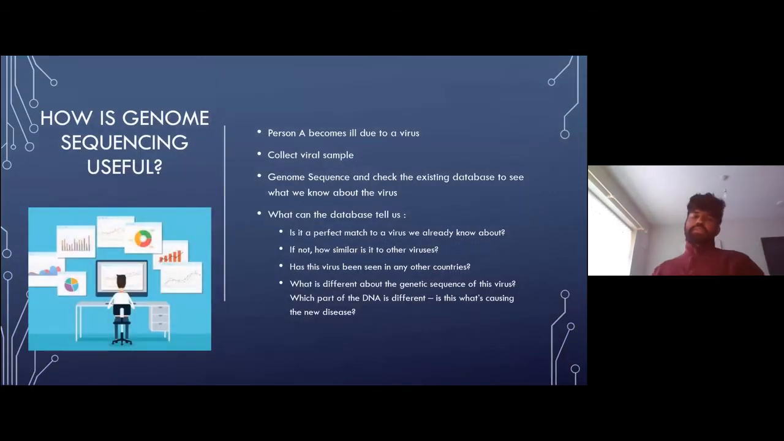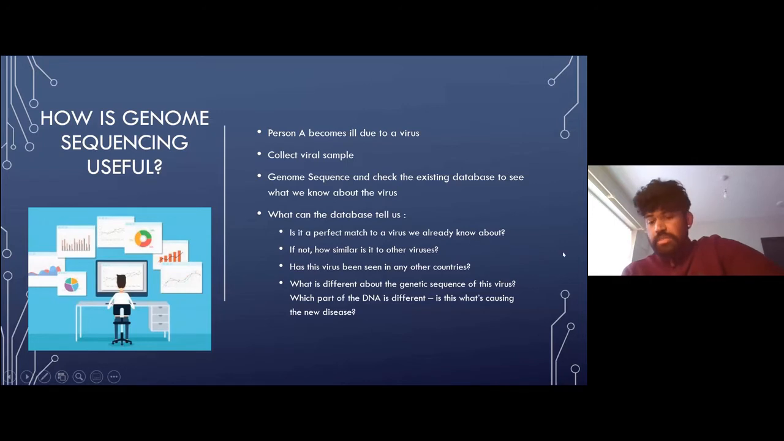So genome sequencing, why is it useful? As I said earlier, let's say person A becomes ill with a viral disease. You collect the viral sample, sequence the genome, and use a reference to see whether it already exists in the database. If it does, then you've got all the information you need in regards to that virus. If it doesn't, then it can tell you how similar it is to another virus or any other microorganisms that it's got a reference point to, and tell you which exact sequence is different, and maybe that's